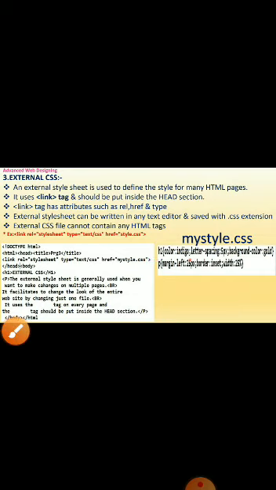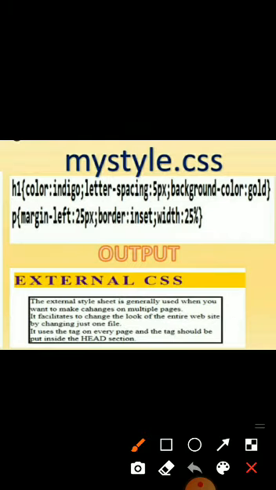Okay, then to see the output of this file, first mystyle.css. In this program I gave the external CSS for the h1 tag. Color is indigo, so the text color is defined as indigo. Next, letter spacing is 5 pixels, meaning the space of each and every letter is given as 5 pixels.